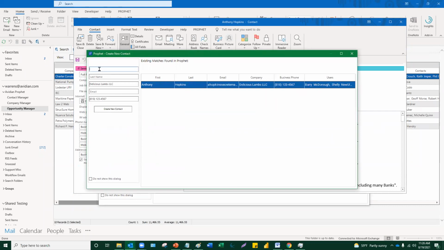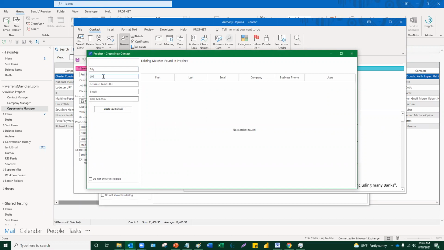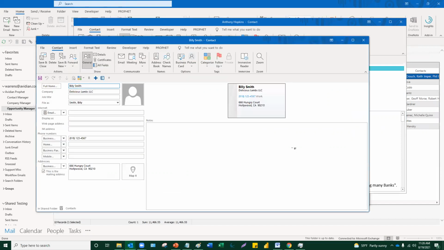And now let's just say I put in the first name and the last name. This is the new contact. I might as well spell it right. And I'm going to put in the email. Well, we could do that later, but there's the phone number already populated, and I've created a new contact for